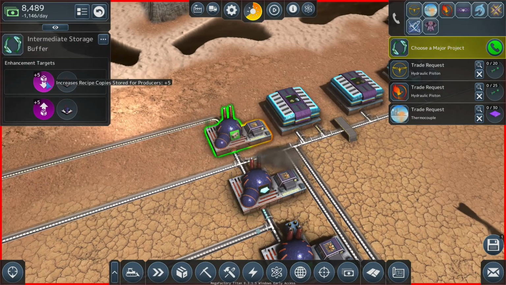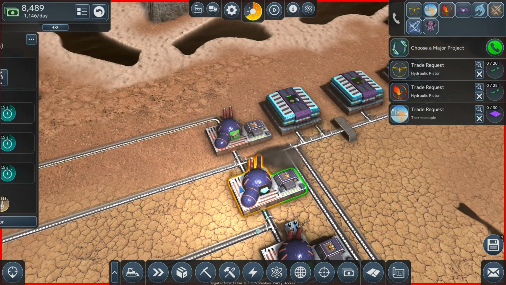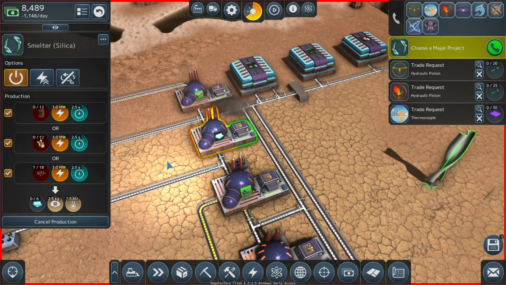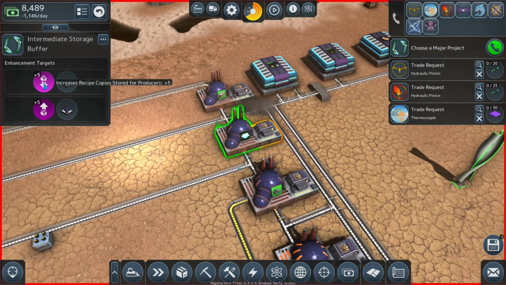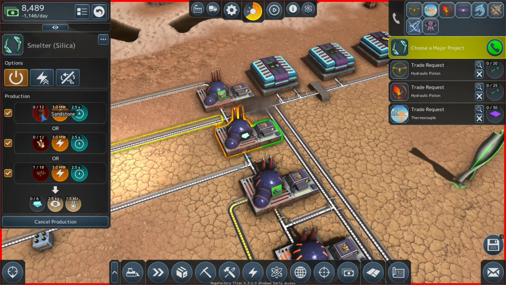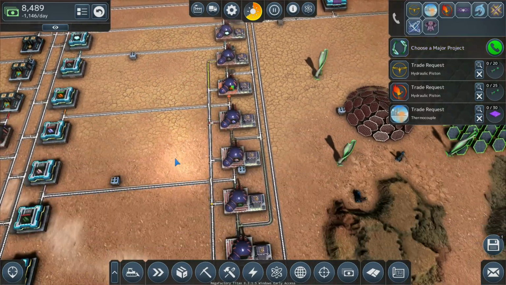So you connect it to the smelter, increased by 5, increased by 5. It's actually increased by 10. Might be because we're playing on easy mode, I don't know. It was 2, and that's. Oh no. Increases by 5 copies. So it was 2, and then we add 5 copies of 2, which is 10. So that makes sense. So now, when I unpause the game,